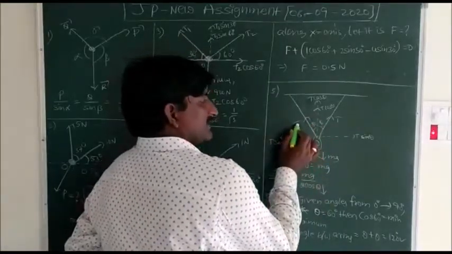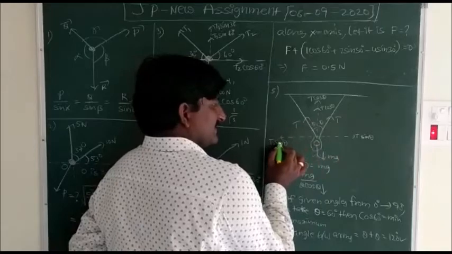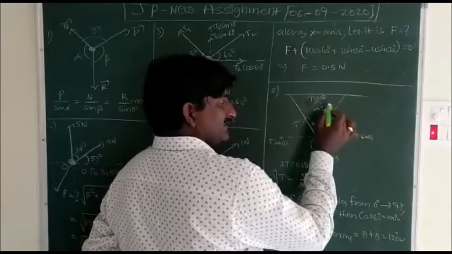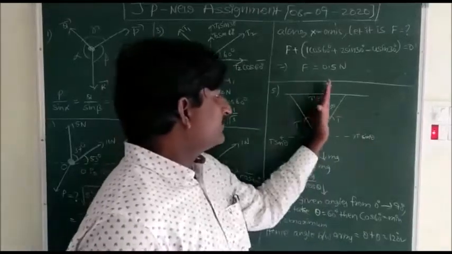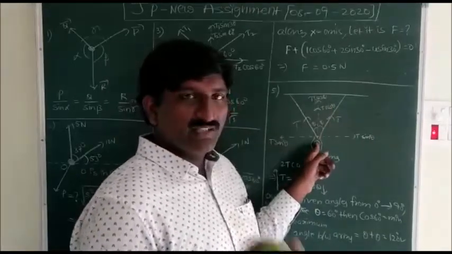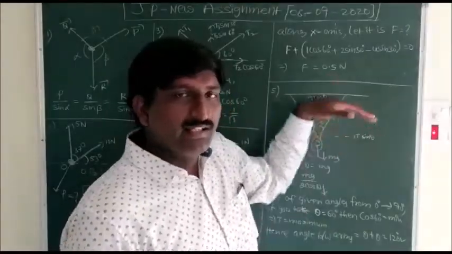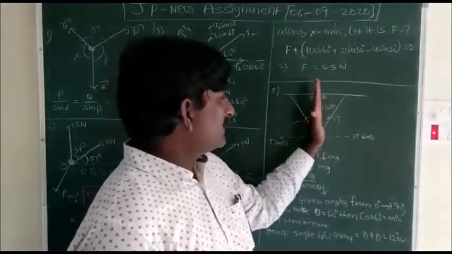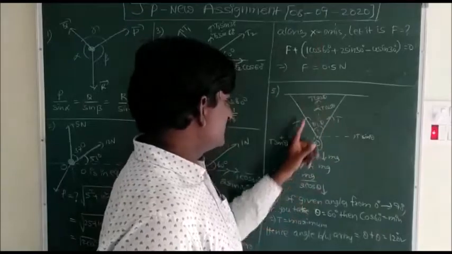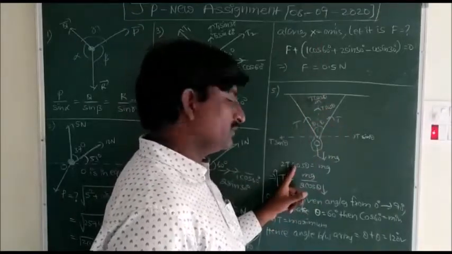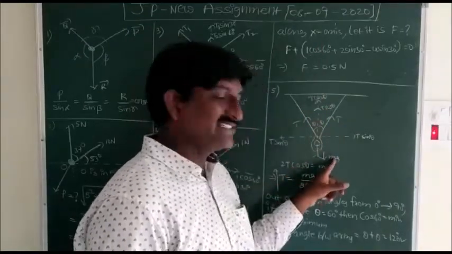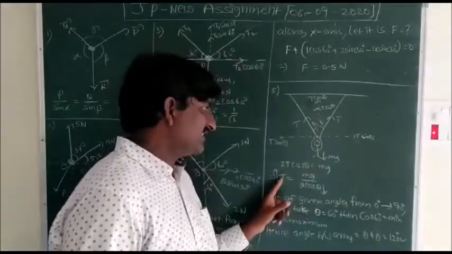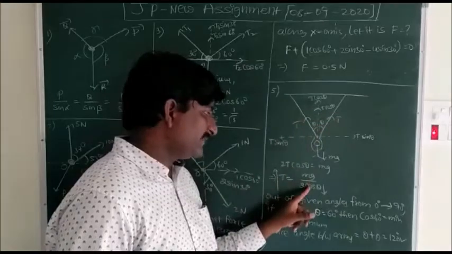So what are the components of this tension? Along the x-axis T sin theta, along the y-axis T cos theta. Similarly for this also, T sin theta, T cos theta. You can observe that if this boy is in equilibrium, then along the x-axis, the opposite force components are balanced. Along the y-axis, the upward force is T cos theta plus T cos theta, 2 T cos theta. The downward force is the weight of the person, mg. Just equating those two, the tension in each arm is mg by 2 cos theta.